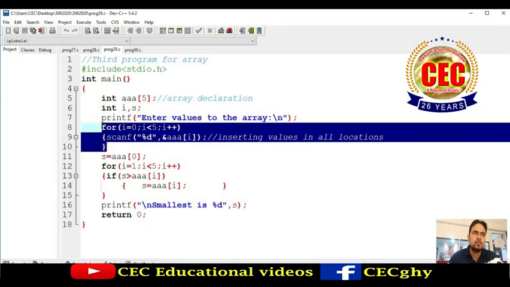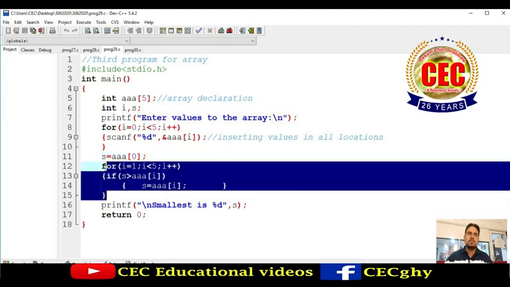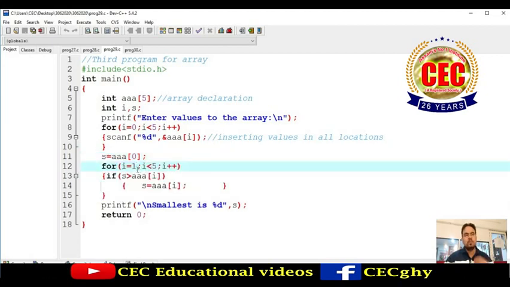Okay, as in the previous program I am taking the numbers from the keyboard. Then initially, what I did is I took the value of the first index as the smallest. If any of the rest of the array values is smaller, then it will be replaced. That is a simple logic. A for loop is necessary to rotate through the array values. Otherwise we have to compare s with a1, a2, a3, a4 manually. We are doing programming, not to do everything manually.